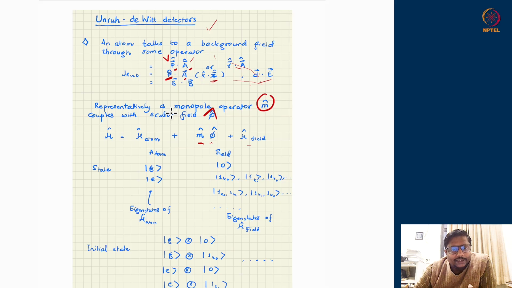And a field which is scalar. Most of the discussion which we are going to do will be carried over to more realistic settings of p dot A, d dot E or s dot B kind of couplings without much of an issue, as we will see along. So just for a good representation, this two-level atom talking to a scalar field is an Unruh-DeWitt detector system, and through that we can anticipate what would happen for realistic settings as well.